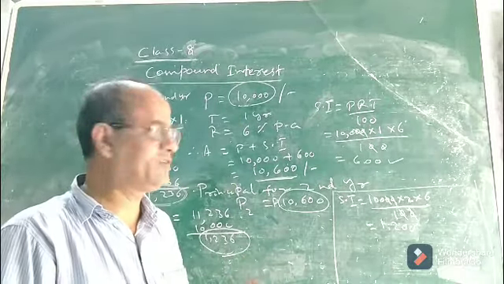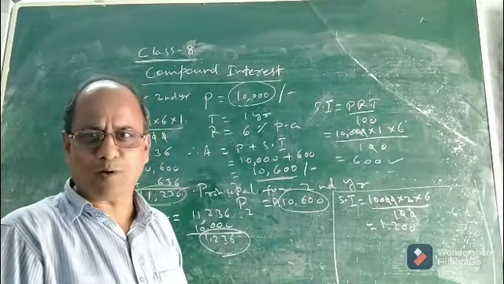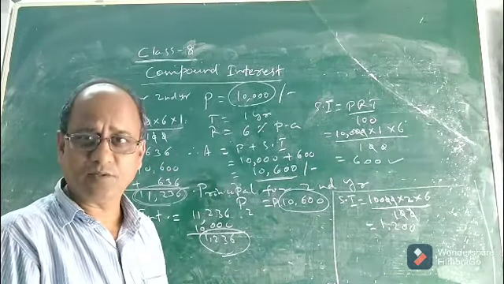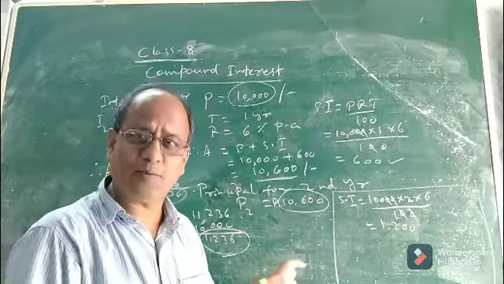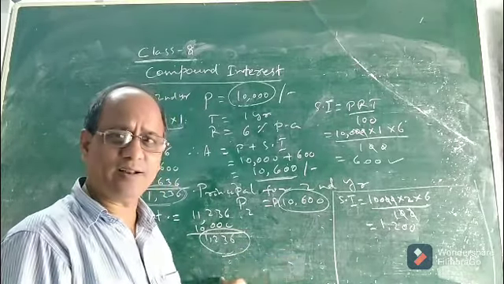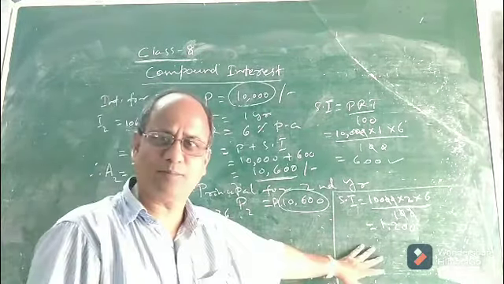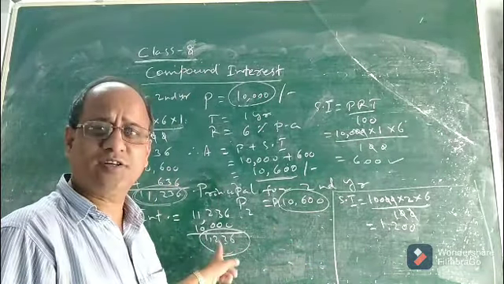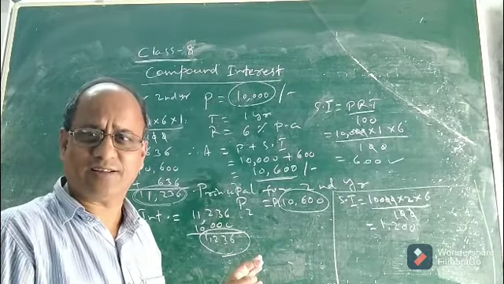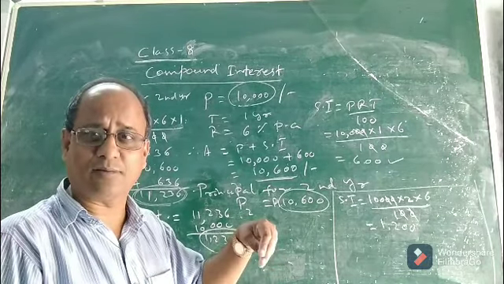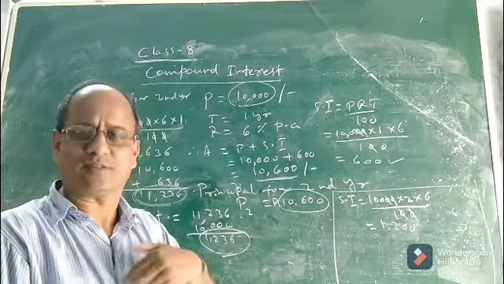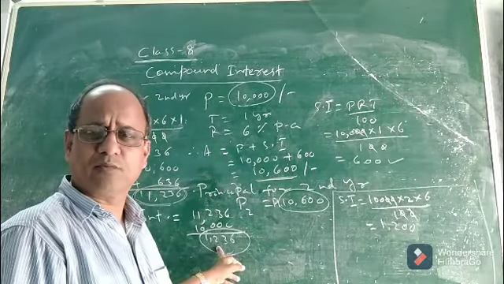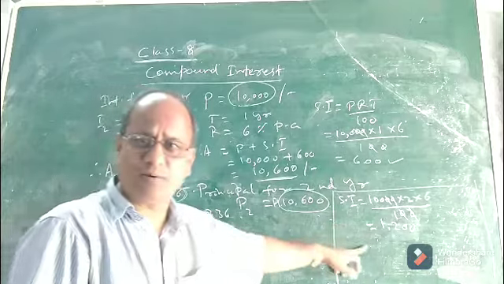Now children, so what is compound interest? How to understand? What difference did you notice? We noticed that there is a difference between compound interest and simple interest. But why? What is the reason? What is the cause due to which there is a difference in interest? In compound interest we are paying more to the bank, or the bank is paying more to us, whatever the case may be. So, in compound interest and simple interest, what is the difference?